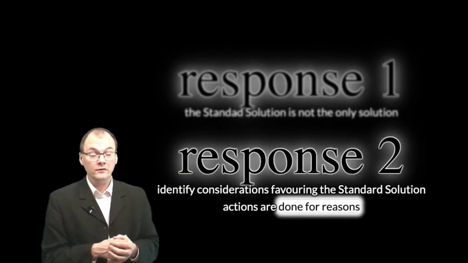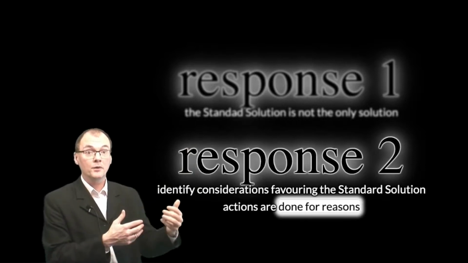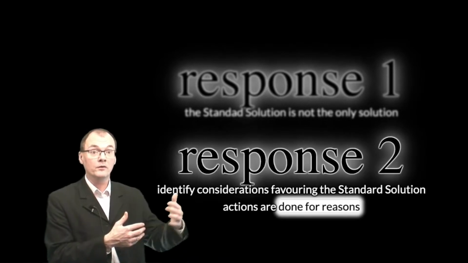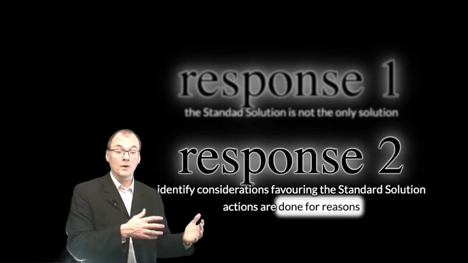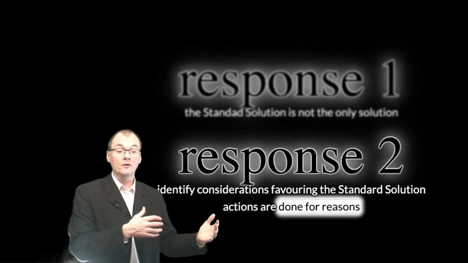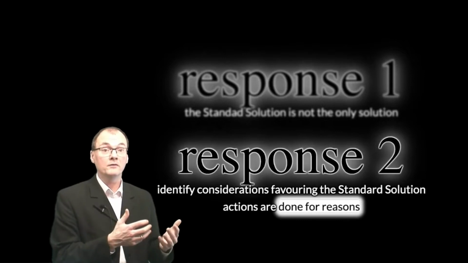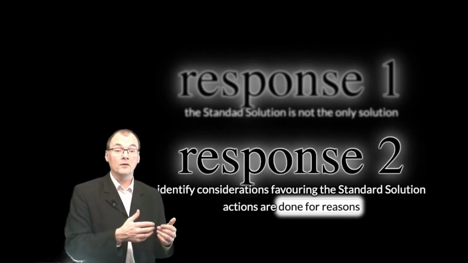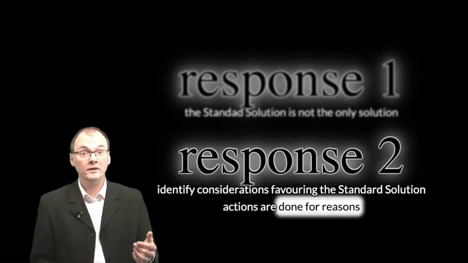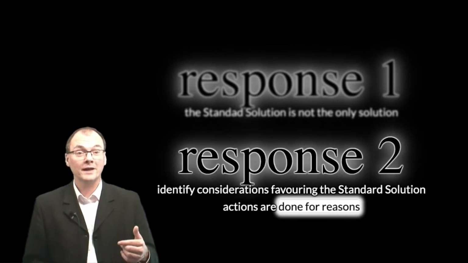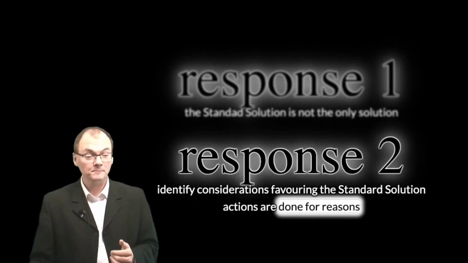The second problem is that we mustn't change the subject here. So the standard solution is supposed to be the answer to the problem of action, and that's a specific question about what distinguishes actions from things that merely happen to agents. It won't do to change the question. It won't do to defend the standard solution by covertly or explicitly changing the question. After all, it's hardly surprising, I think it's even trivial, that the standard solution is the answer to some question or other. There will be a way of setting things up so that the standard solution is an answer, but that's not what we're evaluating. We're evaluating the standard solution as an answer to the problem of action, and we have to respect that.